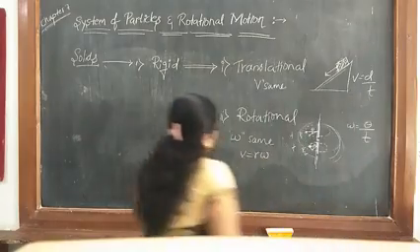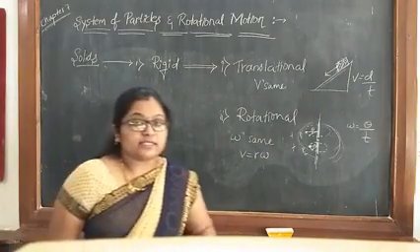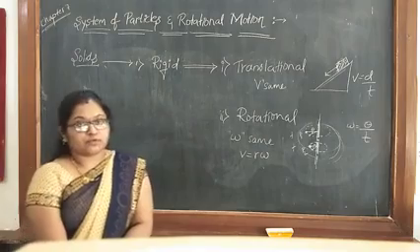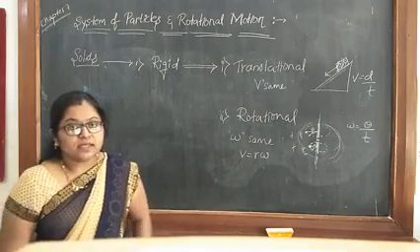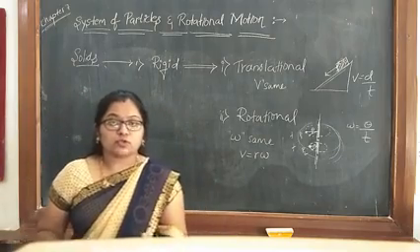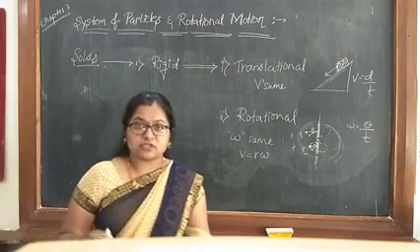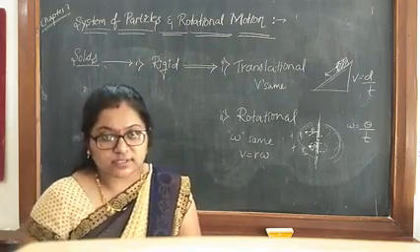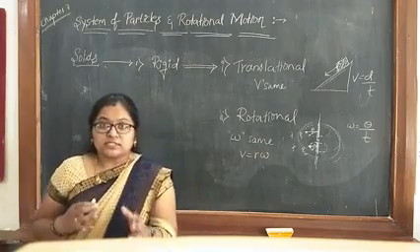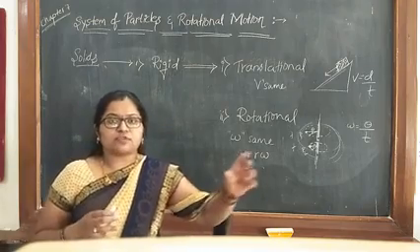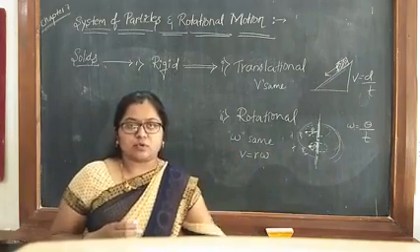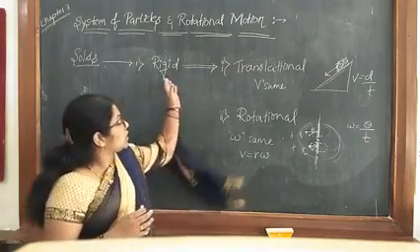Okay, so now we have understood what is the rigid body, the definition of rigid body. What is that? The body which will not show any change in its size and shape after the application of forces, and also the distance between all pairs of the particles remains same during the motion. This is called rigid body.